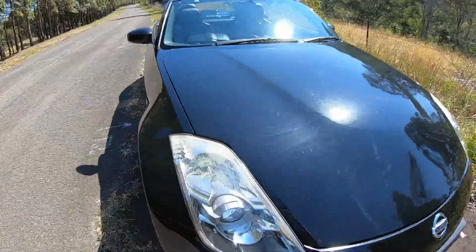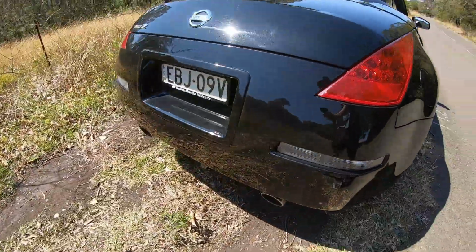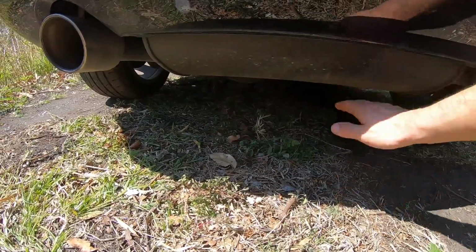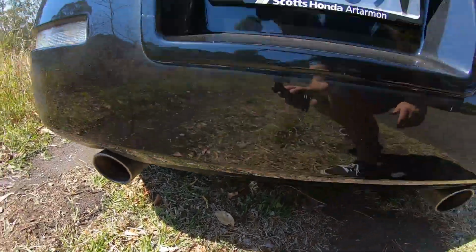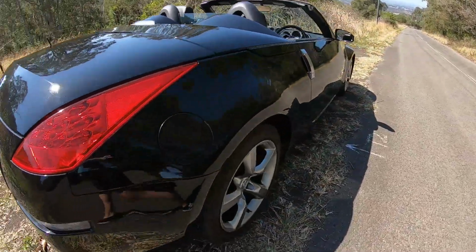Why at the back they're so high up, I have no idea. Like, I don't understand. Why would you make, what's that all about? Just to make it easier to get in and out of driveways? Why doesn't it come down lower? I don't know. Maybe I have to do some research on why that is, but